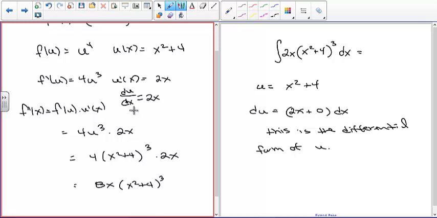So if we multiply both sides by dx, we'll get du is equal to 2x dx. So you can think of it two ways. You can think of it as just rewriting u prime as du dx and then multiplying by dx, or you can think about it as putting it in the differential form. It's basically the same thing, but the actual mechanics of getting du from u is to